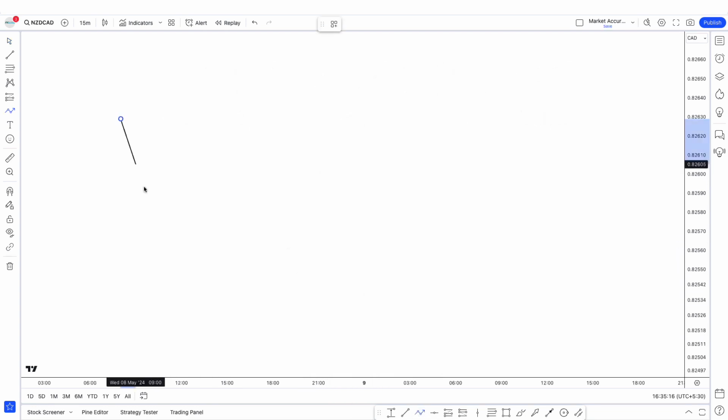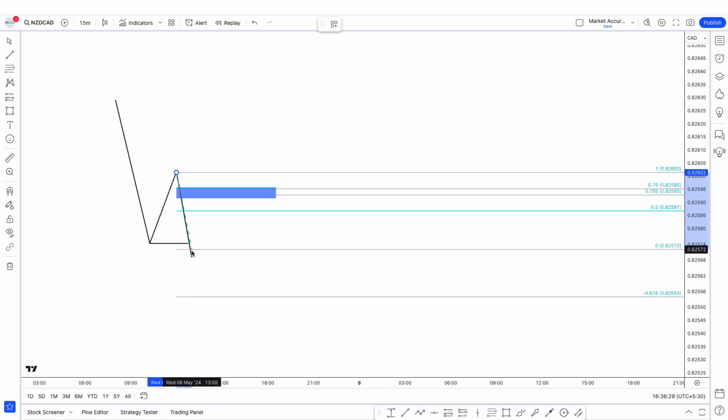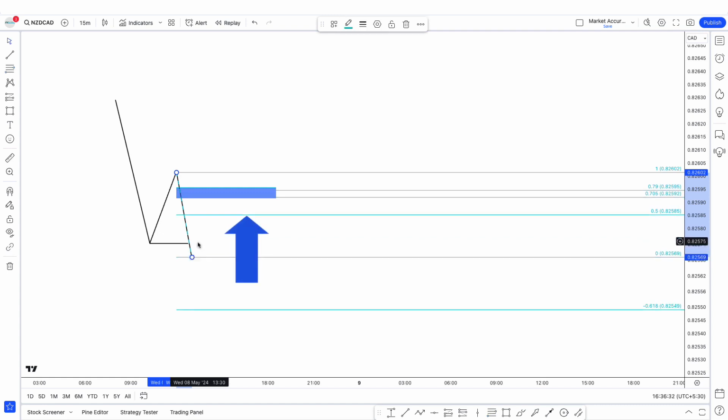So let's say this is the external liquidity taken out on a weekly time frame, and this right here is internal liquidity. After the price takes out the external liquidity on a weekly time frame, you have a fair value gap, which is your internal liquidity, in a premium. You determine your premium discount zone by drawing the Fib from the high to the low, and if the fair value gap is above the 0.5 level,